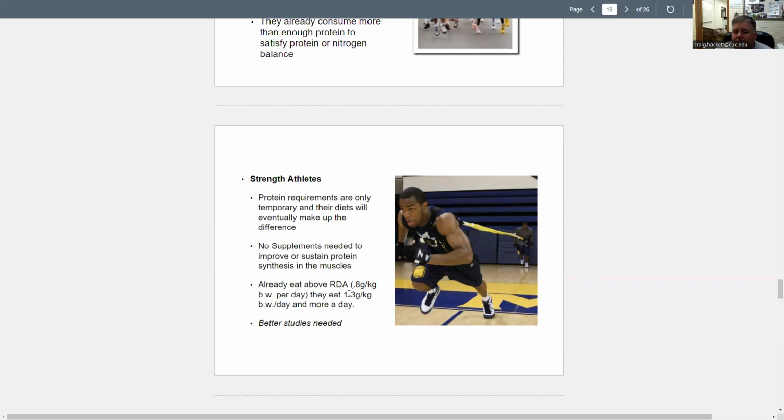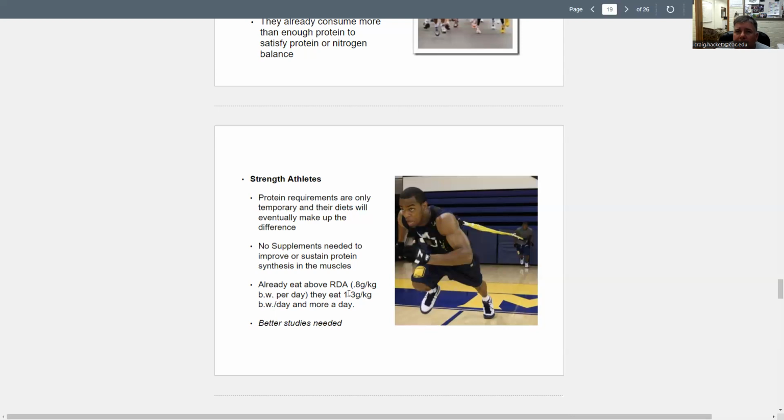The recommended daily allowance, as you see on the screen, is 0.8 grams per kilogram. If you want to convert that to ounces and pounds, you can try to convert that if you'd like. It's 2.2 pounds per kilogram, if that gives you an idea of how to do that. A strength athlete is 1.3, so you're just a little more than the RDA. And once again, you tend to eat plenty. The only time that I would personally talk to an athlete about supplementing is if I know that they're not getting a good diet. So if I know they're missing meals, things like that, then maybe a supplement. But I think marketing out there, capitalism, if you will, has done a really good job.